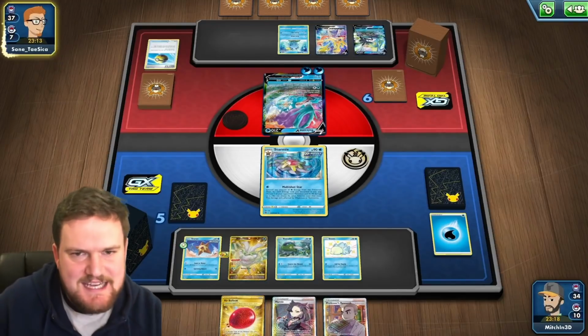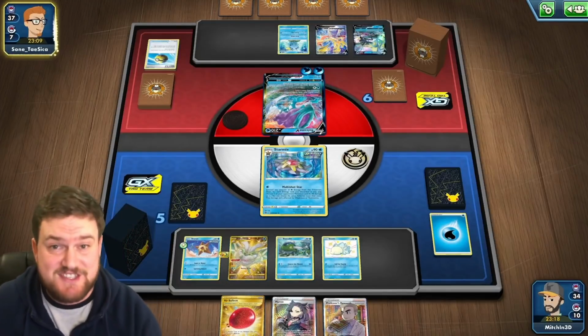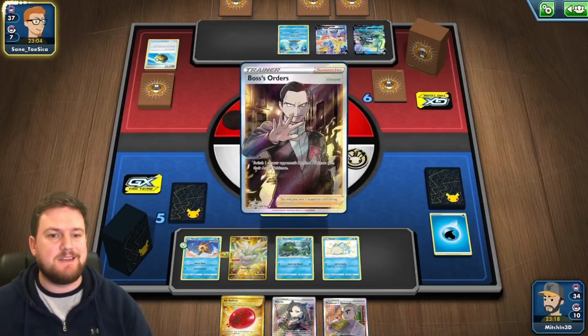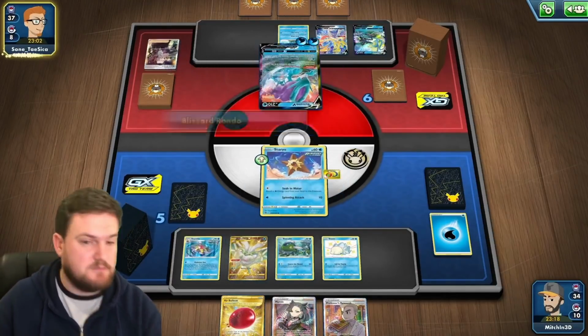The issue will be that Inteleon. We don't want that Inteleon to get powered up, because they could potentially take some knockouts on bench Staryu. It is, of course, assuming that they're using the old Inteleon VMAX and not the new one. So we will see. Here's Boss, and this is what...